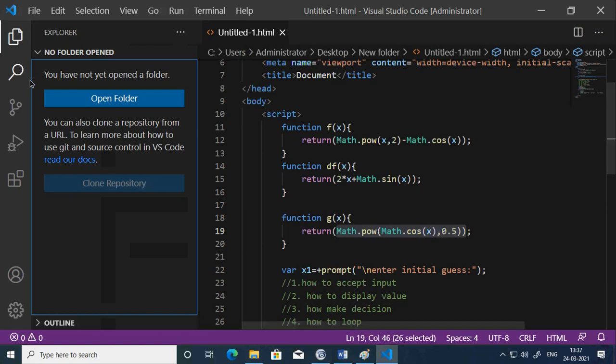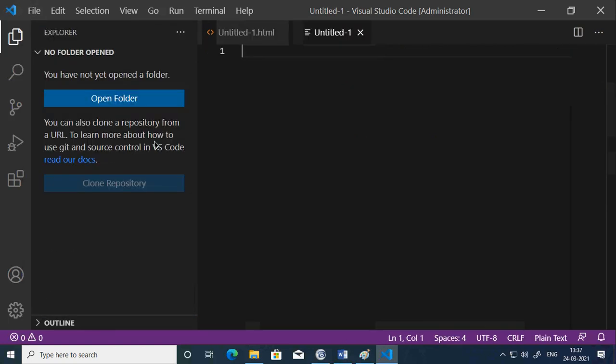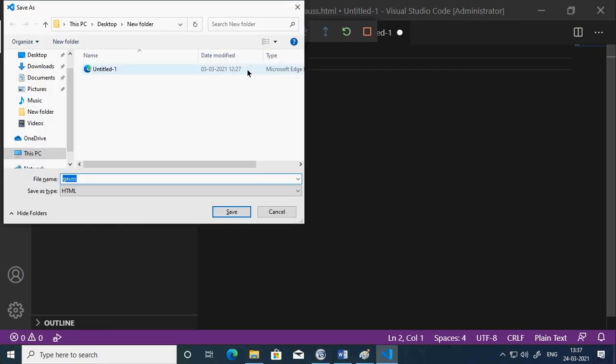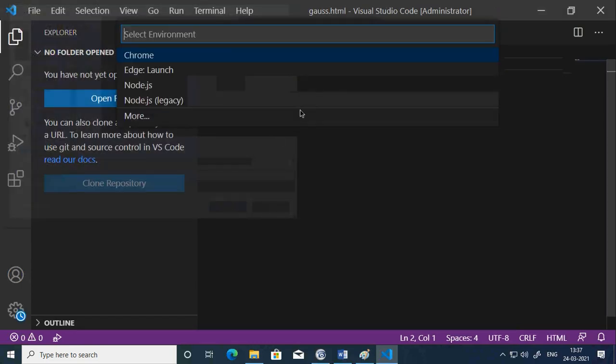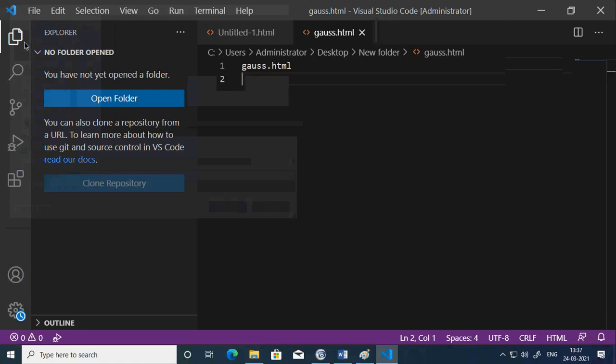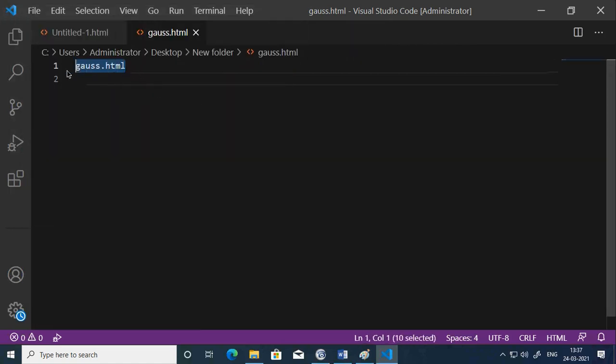I just create a new file. I label this as gauss.html. Save. Okay.